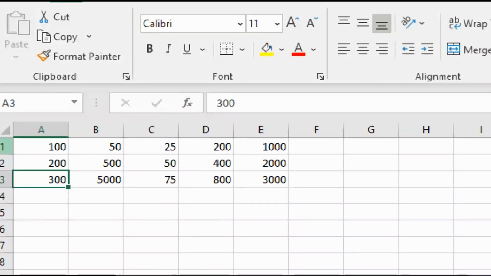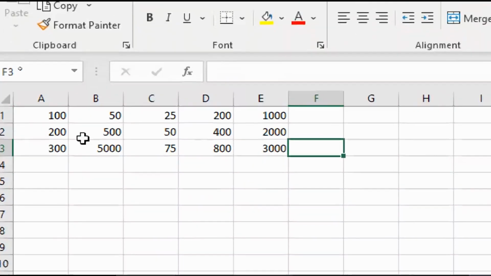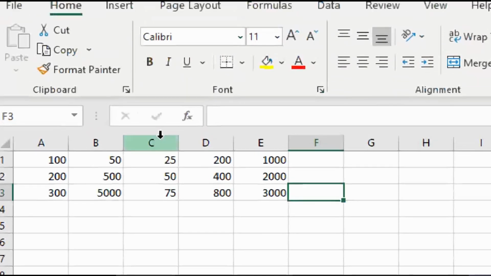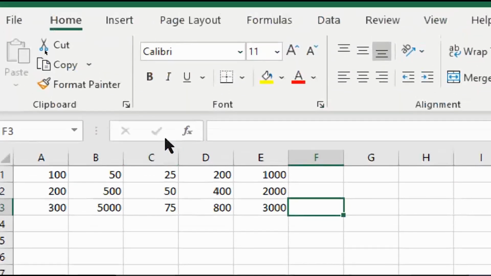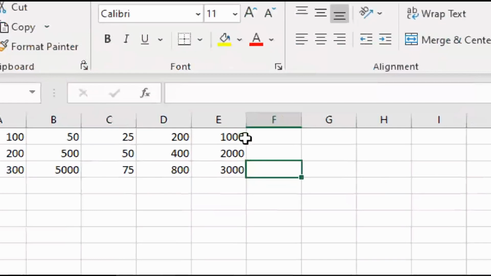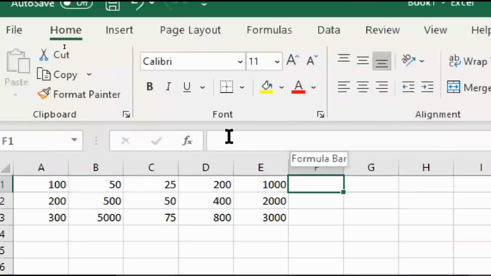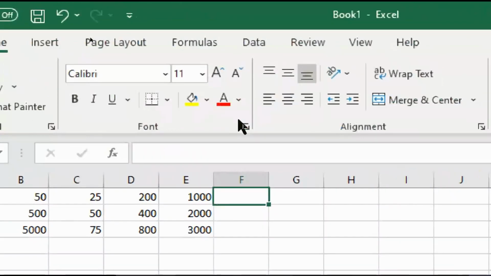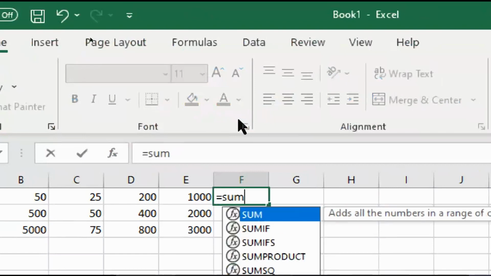And now we have our numerical data, and this is where Excel's functions come into play. Say we want to sum row number 1. That's 100 plus 50 plus 25 plus 200 plus 1,000. We could, if we wanted to, do it by hand, and we would get 1,200 plus 75 plus 100, 1,375. Or we can highlight this cell and say this equals sum